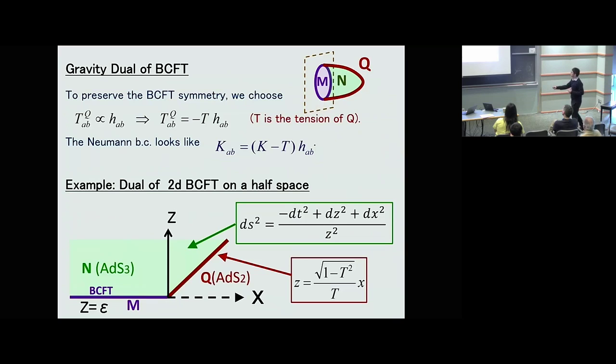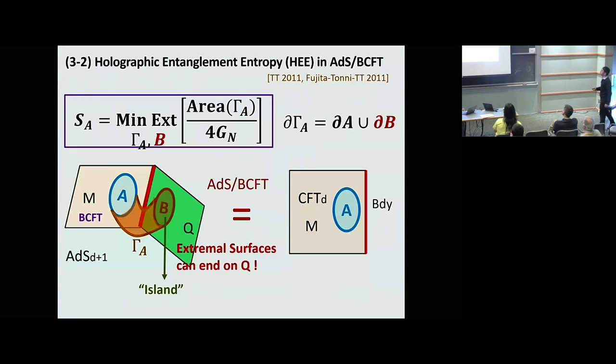And of course, in the bulk AdS3 case we don't need to take into account back reaction, so it's just the AdS3 metric, just the usual Poincare metric. This is a very simple setup, but in general, we are interested in the case with the renormalization group flow. It flows this way. So this line is now a little bit bent inside, and that gives some non-trivial RG flow.